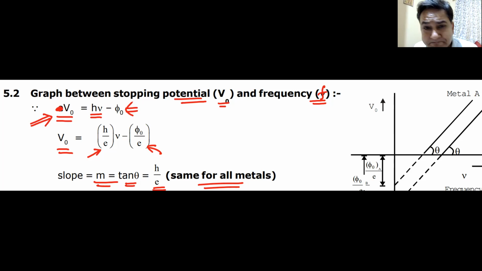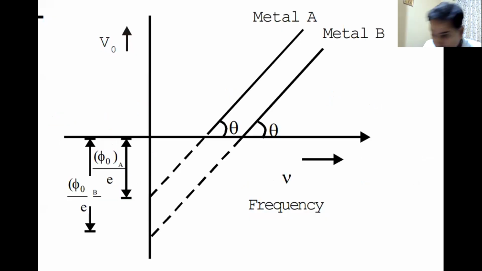Then comes the graph. And here is the graph. And you understand the graph is exactly similar. Yes or no? The only thing that has changed, K might not change, is that the tan of this theta will not be equal to h. We understand this? What will be tan of this theta equal to, bacha?